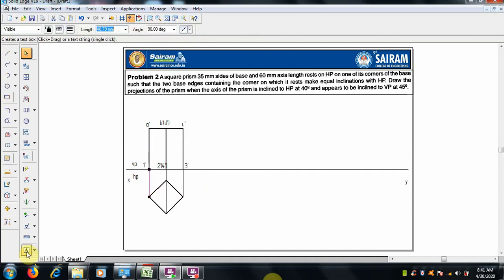In the top view, like that, we have to mention the names. As I said, at the top we can see A, B, C, D easily, and the bottom face is 1, 2, 3, 4. So from the top, A is visible, 1 is hidden, B is visible, and 2 is hidden, so it should be in brackets. C is a visible corner and 3 is hidden, and D is visible, 4 is hidden.